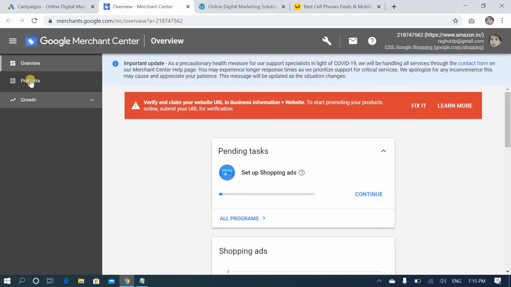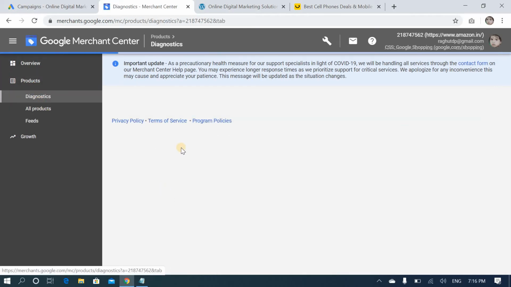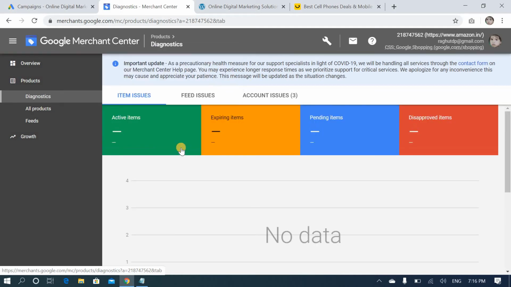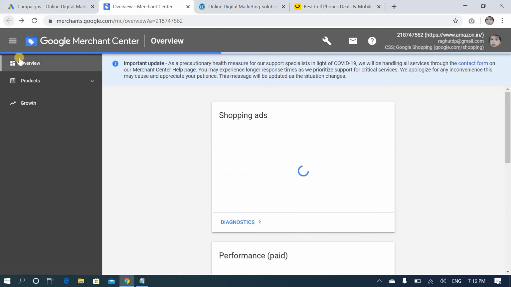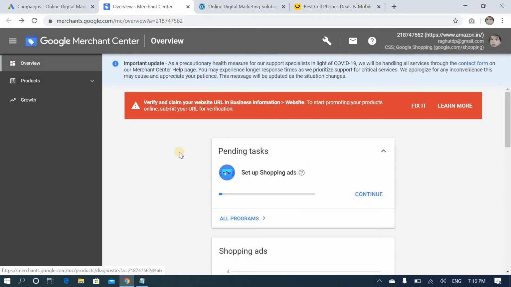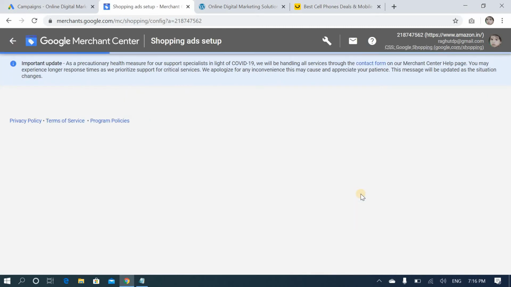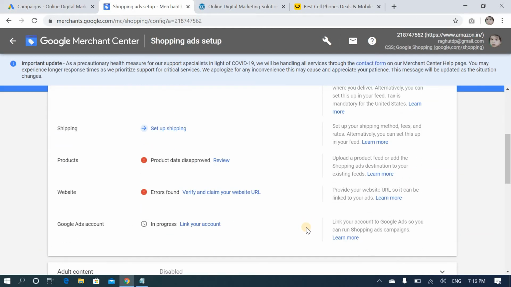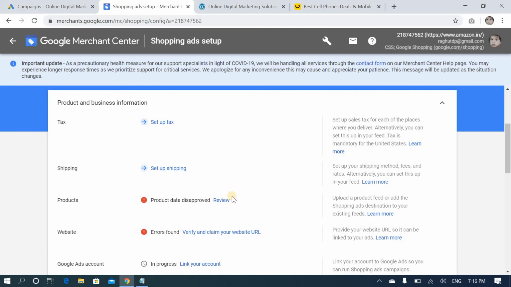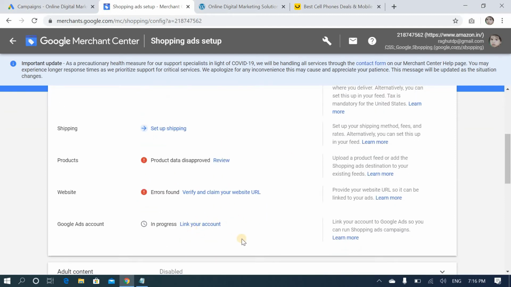Just click products. So here you have to add tax details, shipping details, product details, website details, and you have to link the Google Ads account also.